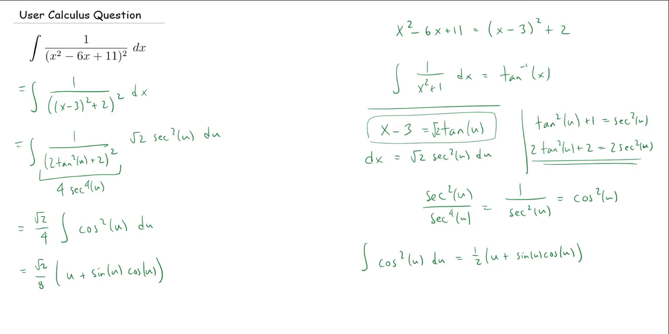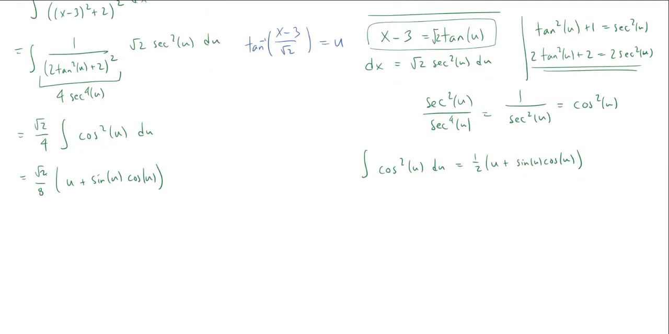So if I want to solve this for u, I could divide by the square root of 2, and then I'll have tangent of u. Okay, I better take the arctan. If I take the arctan, then I'll just get u out. Okay, so I can now jump down here, and everywhere I see a u, I can replace it with this arctan. So I have the square root of 2 over 8 times the arctan of (x minus 3) over the square root of 2,